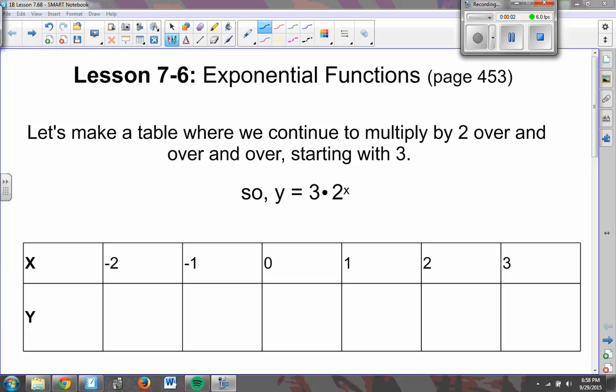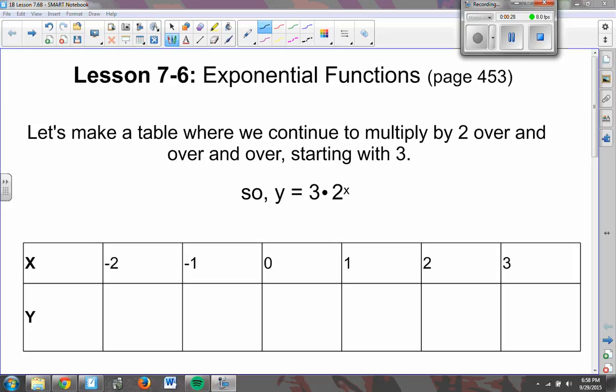All right, Algebra 1B. Welcome to part 2 of lesson 7.6, which is about exponential functions. We are going to be talking tonight about graphing these exponential functions. So get your pencils and paper ready. I will have graphing paper available for you when you get to class in order to do your practice problem